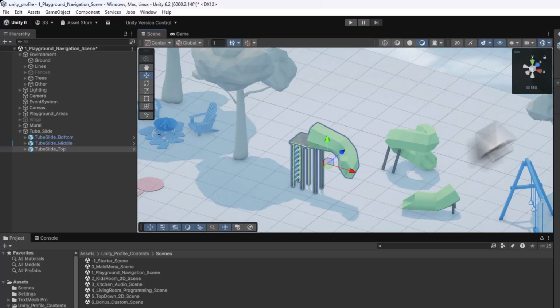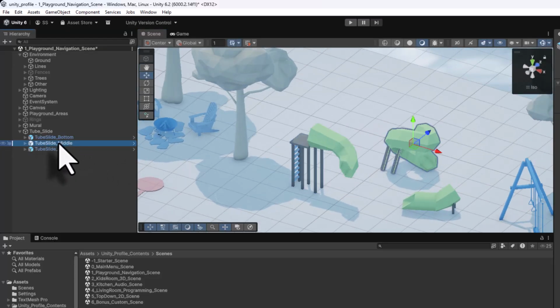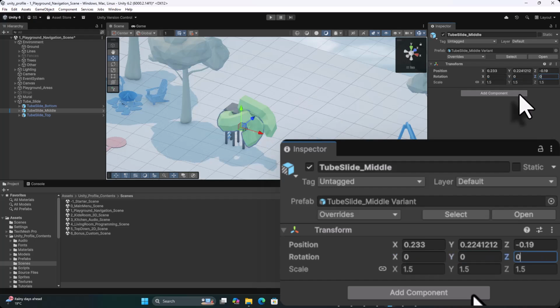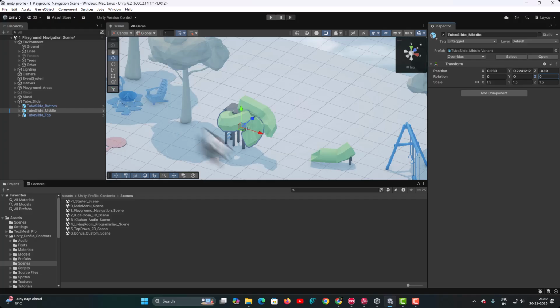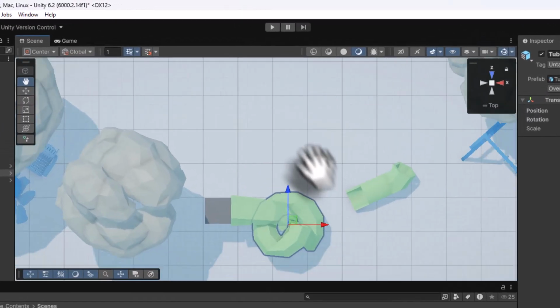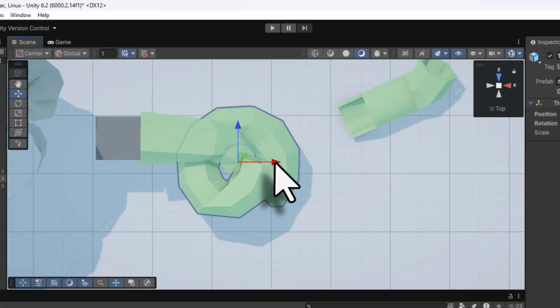Now the second part I am going to take is the tube side middle. I will set its x rotation to 0, y rotation to 0 and z rotation to 0 initially, and then I will press W, and with the move key on I am going to move it and adjust its position. I will come here in the gizmo, right click and come into the top view, and in the top view